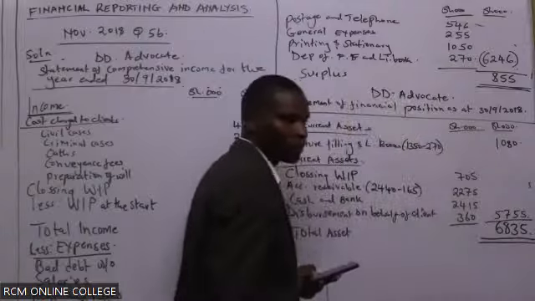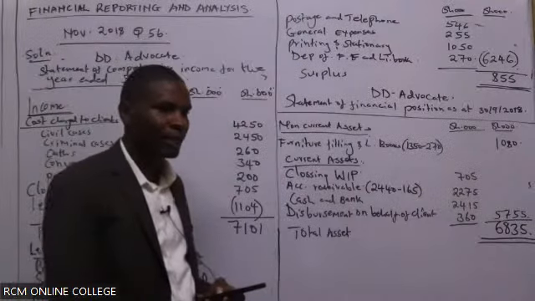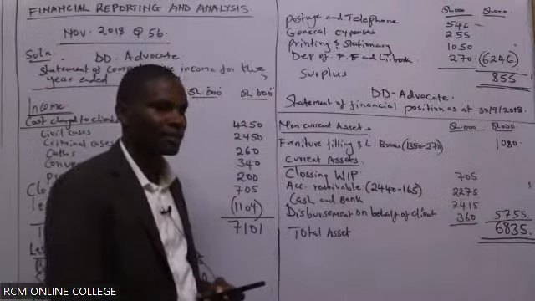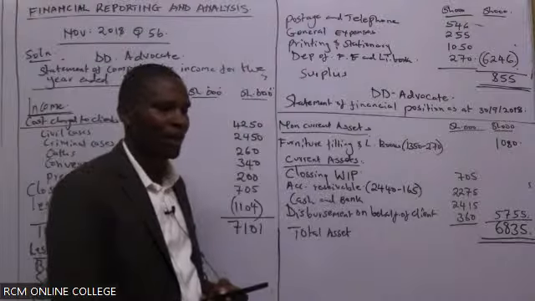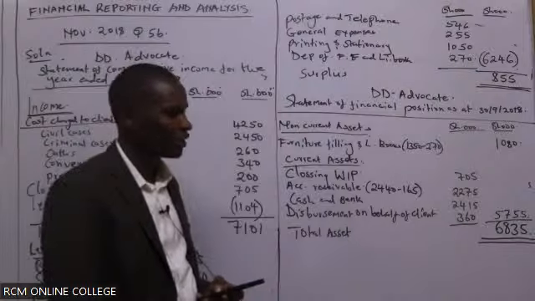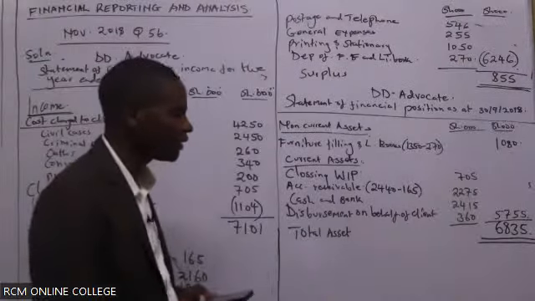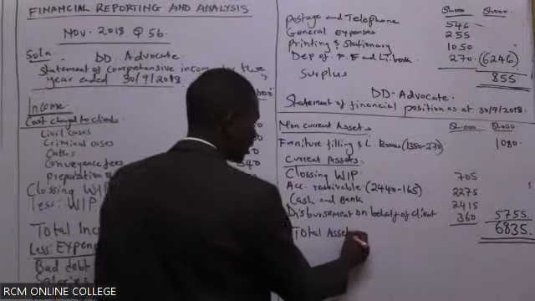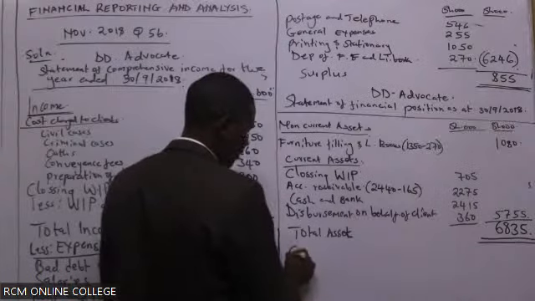Great. Who got that? Nani alipata hiyo? Great. That is very nice. We have 4 out of 20. That is a fifth. 4 out of 20 plus mwalimu. Mwalimu also got that. That is 5 out of 20, which is a quarter. We go to the other side of the equity and liability.